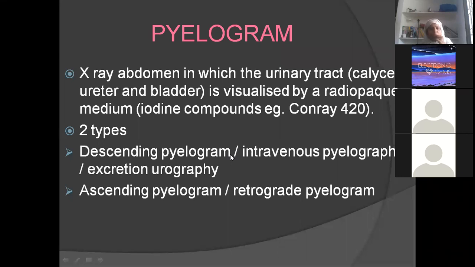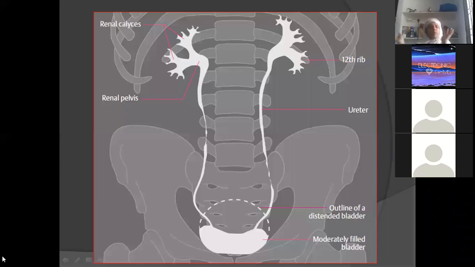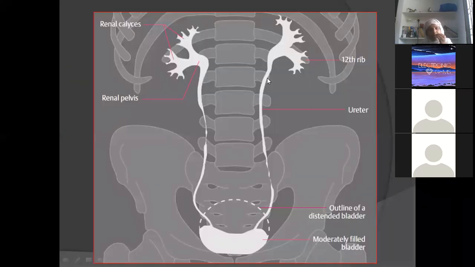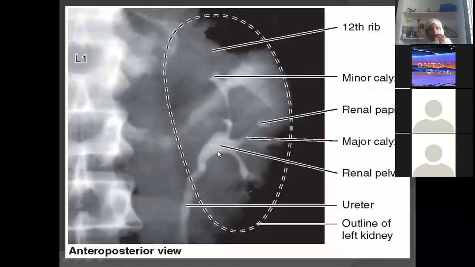So you are taking the X-ray of the abdomen by making use of some radioactive dye like iodine compounds. It will be asked in viva, especially in Apollo. I don't know about other colleges. This pyelogram is very popular. In one X-ray only, we have around 10 small segments where you have filling of this radioactive dye. So that is pyelography. Descending pyelography is where you use the intravenous route. Ascending pyelography is where you inject dye directly through the urethra. Ascending is this, descending is through blood. These are the major and minor calyces which got filled with this radioactive dye like iodine.